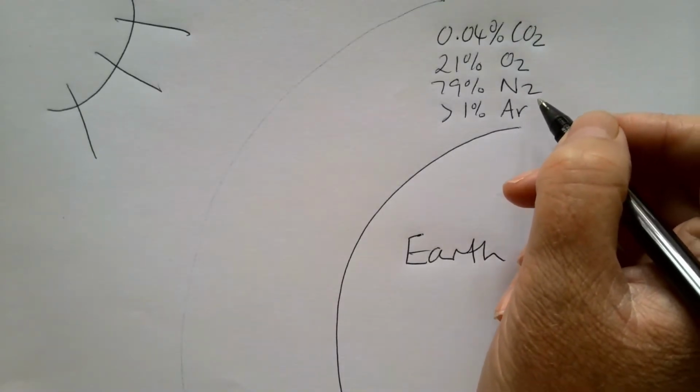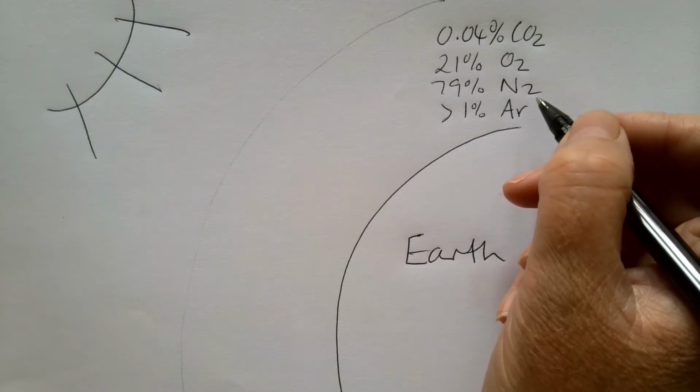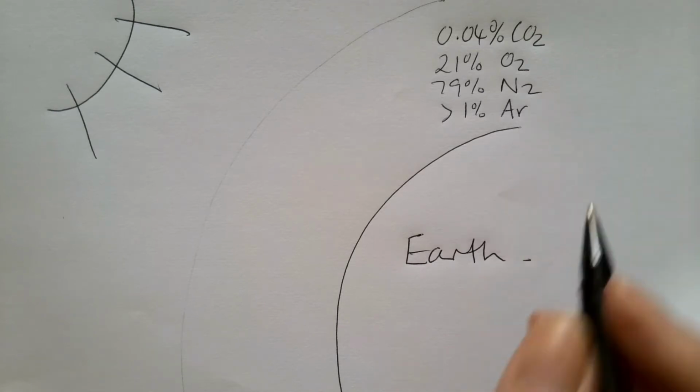Obviously, at any one point in time, there'll be water in the Earth's atmosphere. If you're in a really humid environment, then we've got a lot of water vapour. If you're in a very dry, arid atmosphere like the desert, there will be very little water in the air. Right, so